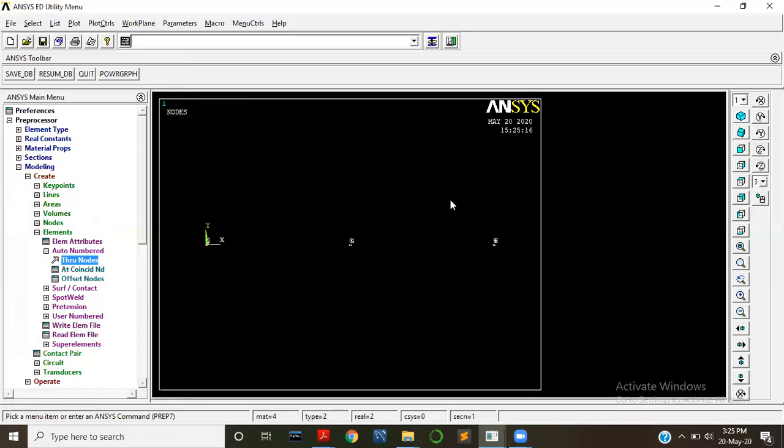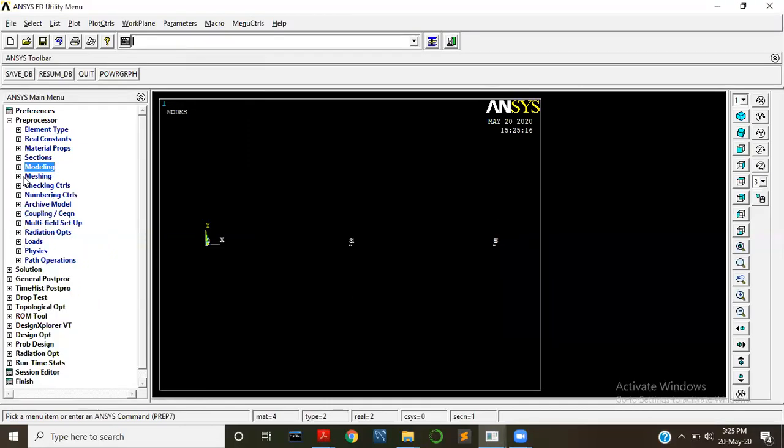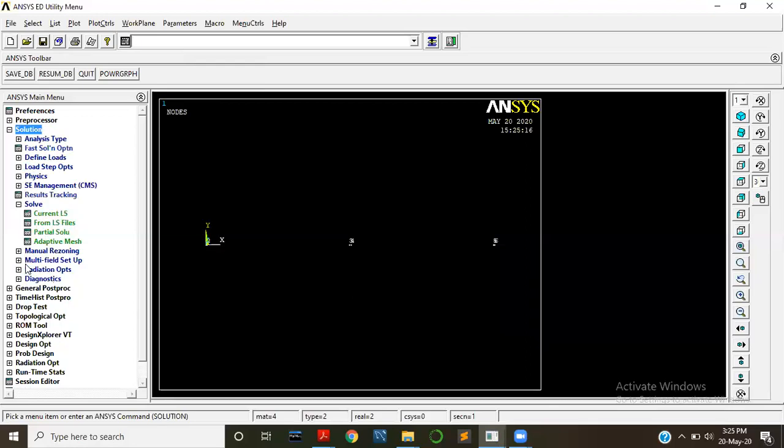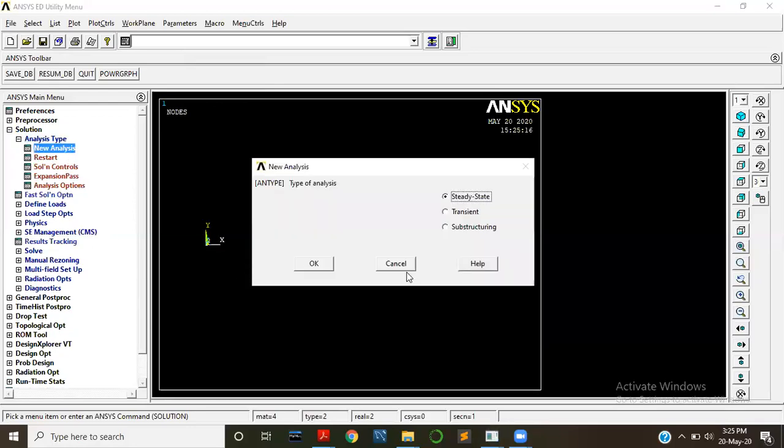Next, solution. In that solution, analysis type, new analysis, and steady state here. Press on OK.